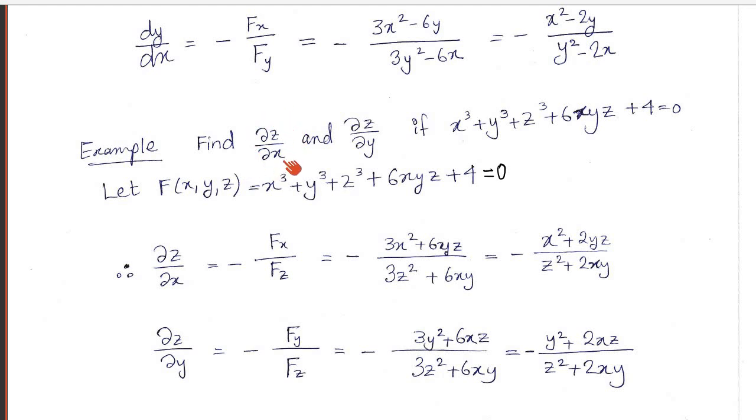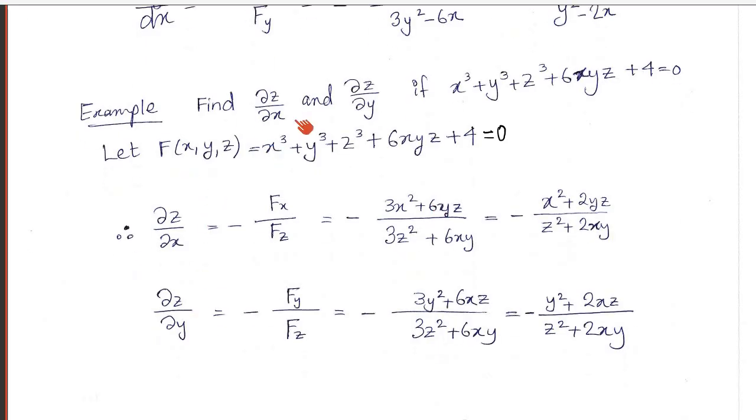Find the partial derivation of z with respect to x and with respect to y if this is the function of x, y, z. So let this be the function of x, y, z. So differentiate z with respect to x. Okay, so we are differentiating z with respect to x. That will be, so performing the derivation, this will become with respect to x. So fx